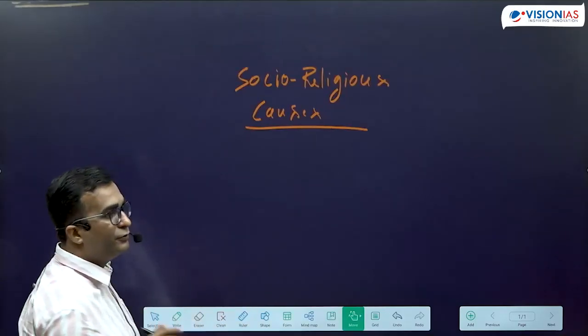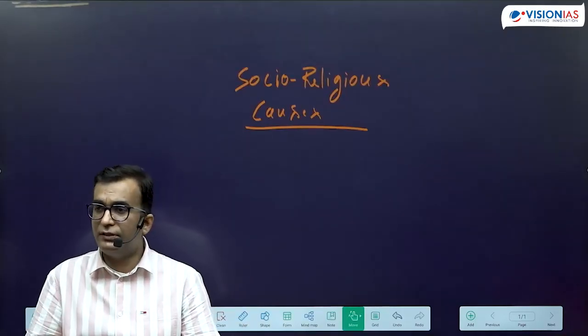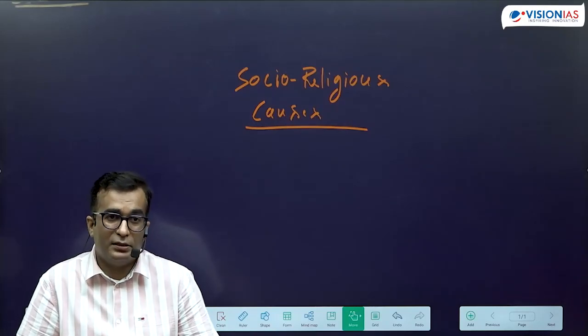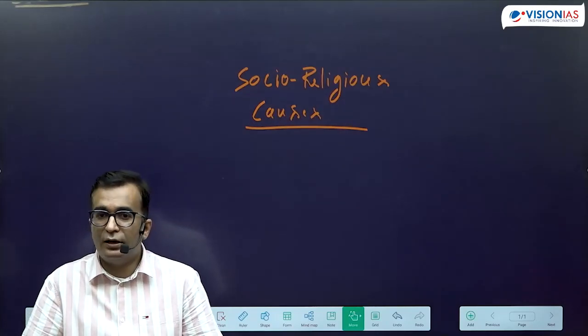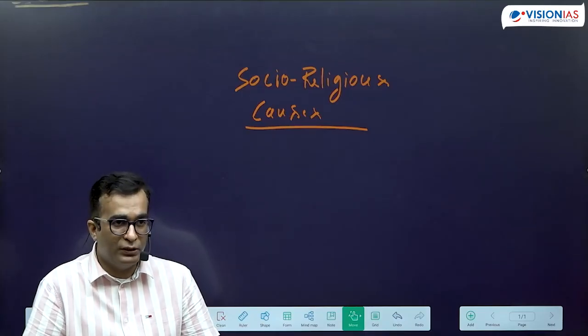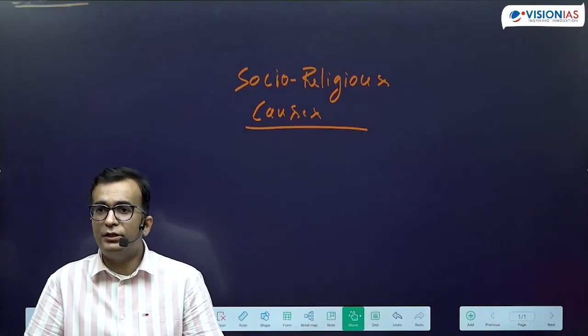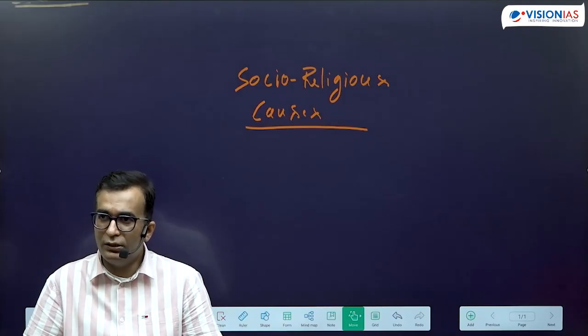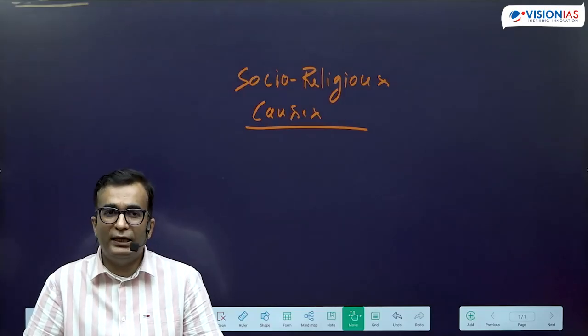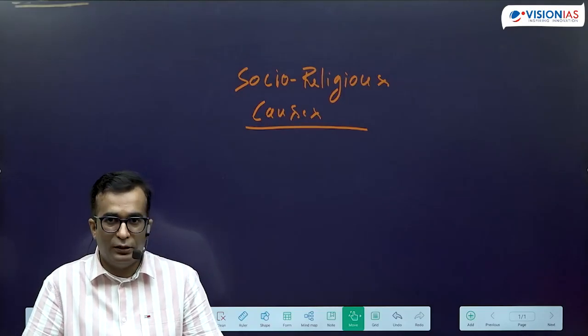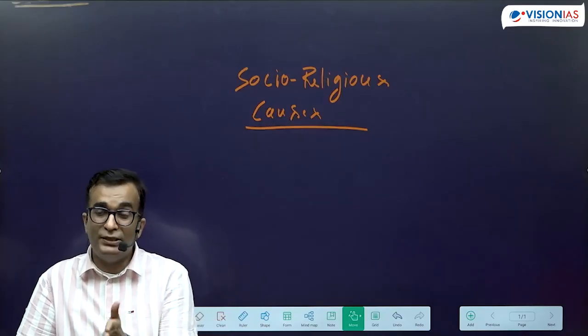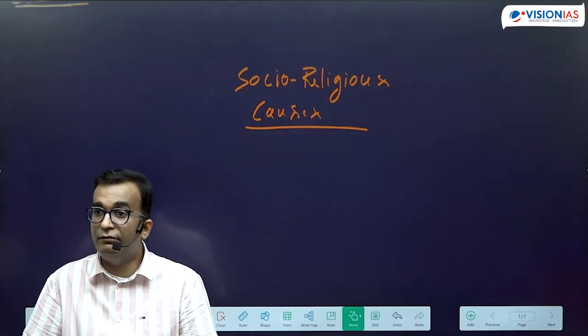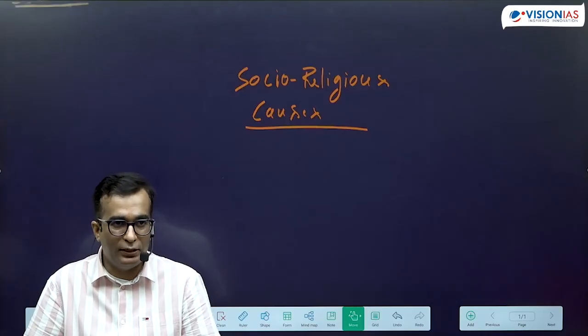So when it comes to socio-religious causes, the very first thing we mentioned as an immediate cause of the revolt was a rifle episode in which the religious sentiments of the sepoys were hurt. That is one such religious cause, but then we'll have to go back to the many years preceding 1857 and see what developments have happened in these years.